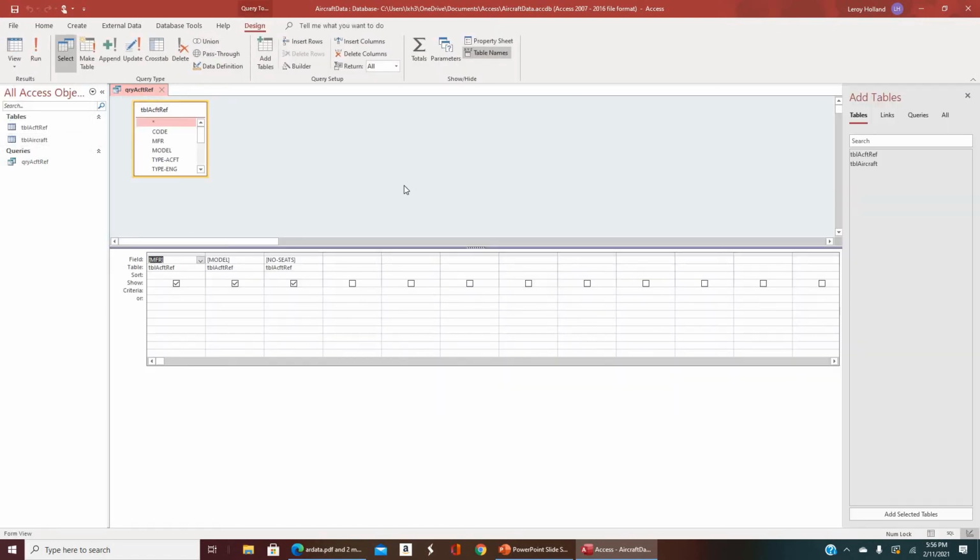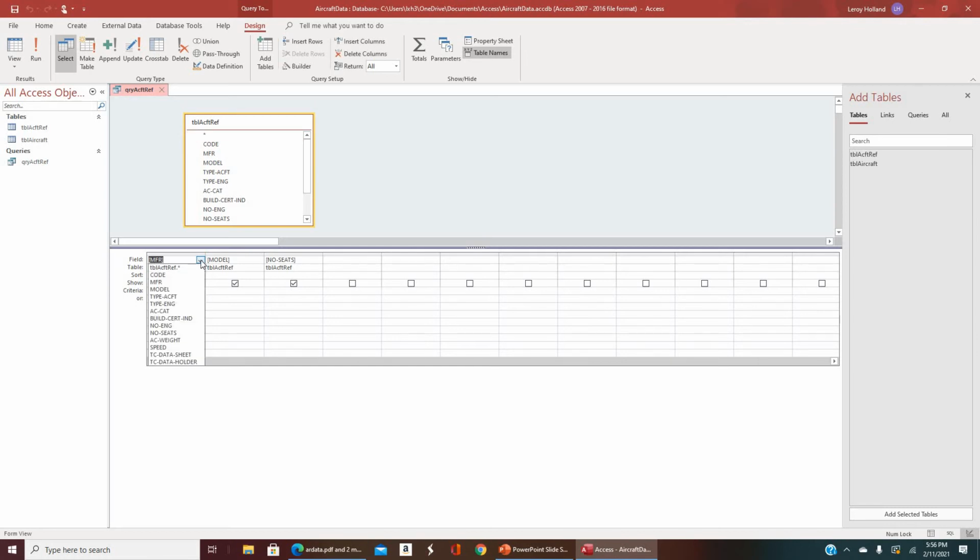So we're going to go to the design view, and this is what the design view looks like. It basically has the fields that we've pulled in. This is the table. It represents the table that we made, and it has the fields that were basically pulled in when we did the wizard. Okay, so let's